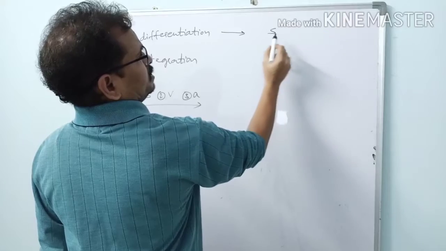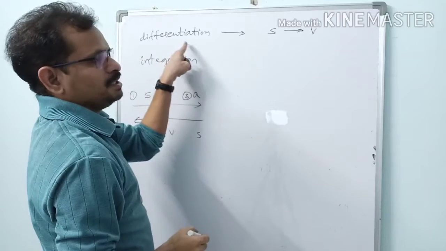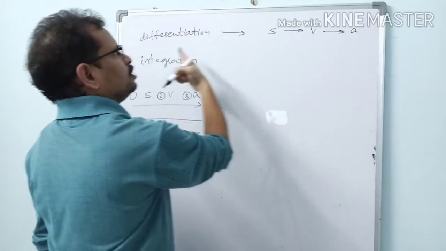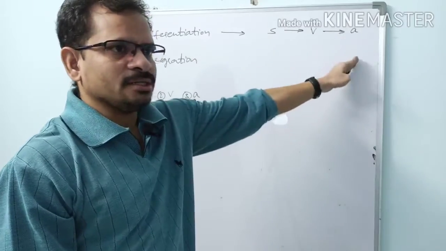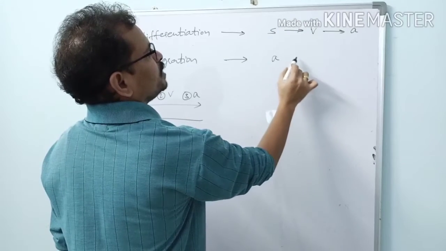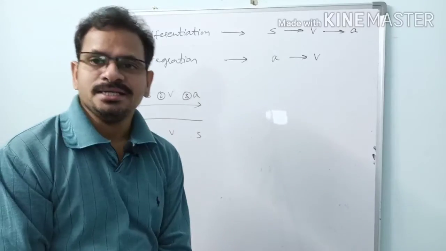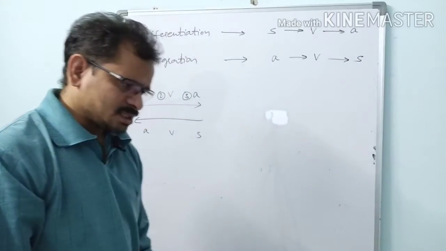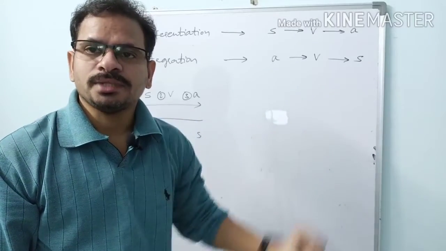If displacement is given to you and you are asked to find velocity, then you have to use differentiation. If velocity is given to you and you are asked to find acceleration, then you have to use differentiation. See, it is the straight order. You have to use differentiation for the straight order. Then we use integration for the reverse order. Suppose acceleration is given to you and you are asked to find velocity, then differentiation cannot help us. We have to go with integration. And if velocity is given to you and displacement is to be found, then you have to go with integration. So these are the things you have to keep in mind.